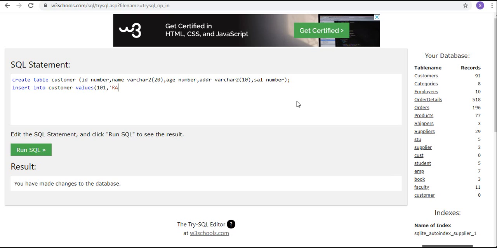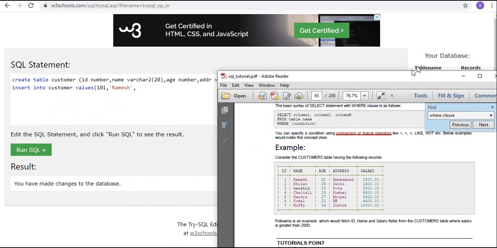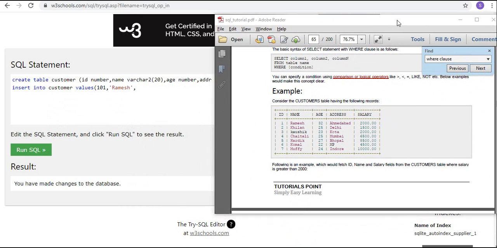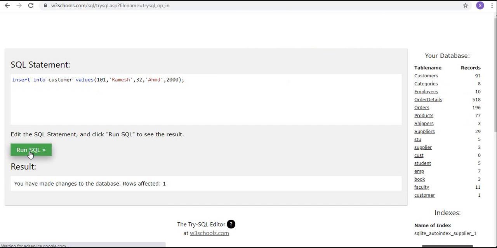Name Ramesh. 32, Ahmedabad, 2000. Run SQL. One record inserted.